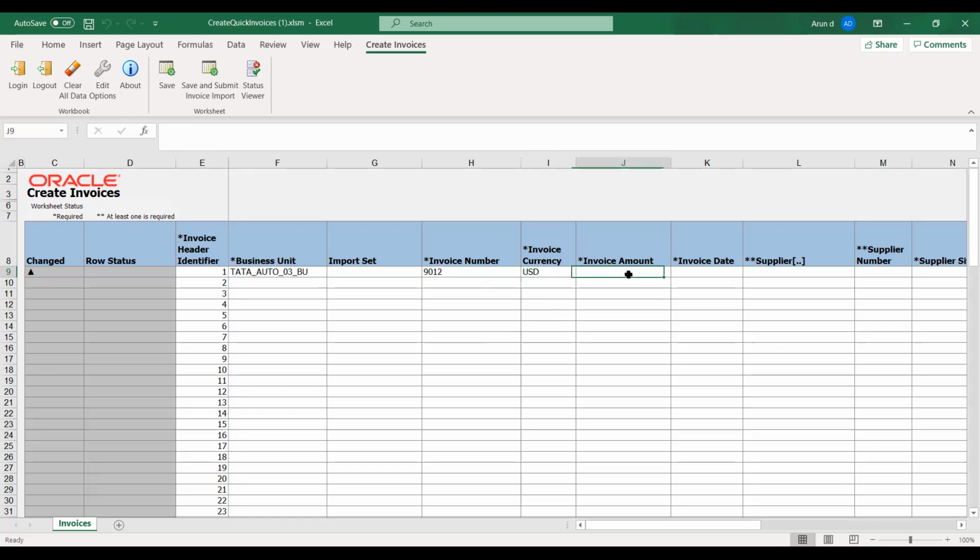Okay. So now let's say we have 1,000 invoices we are importing, and you're using this spreadsheet to load these into the system, right? Yeah. So then afterwards for the payment, do we have anything like this to load in bulk? No, we don't have it for payment. So how do you do that? You have to do it individually for each payment, each invoice payment?